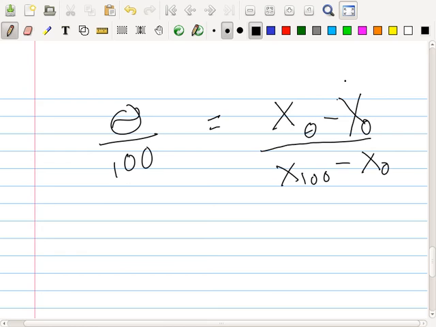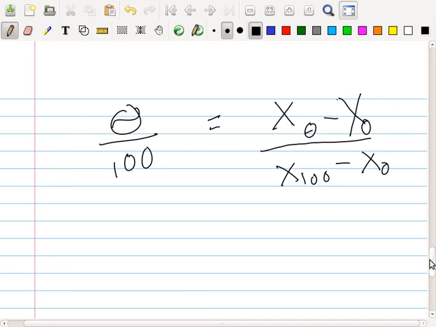Right. The values you can see at the bottom of page 62. The values x100 and x0 of the temperature measuring property are found at steam and ice melting points, given the fundamental interval of the scale. If x theta is the value of the property at some other temperature theta, which we wish to know, the value of theta in Celsius is given by the following equation. So basically, you can use this formula to make your own thermometer.